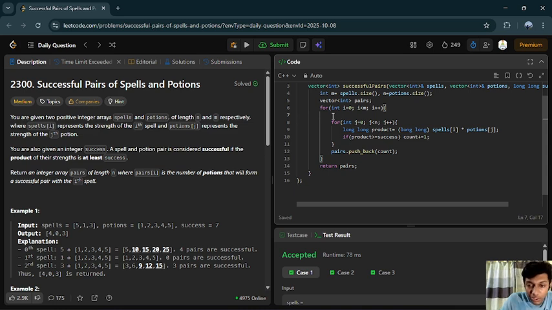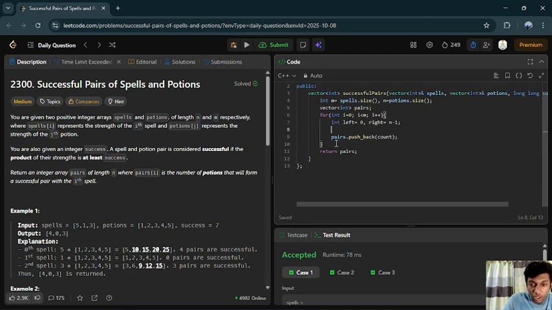What we need is a left variable, which is 0, and right, which is portions dot length minus 1, that is n minus 1. Great. Now, instead of this for loop, we can use a while loop. While left is less than or equal to right,